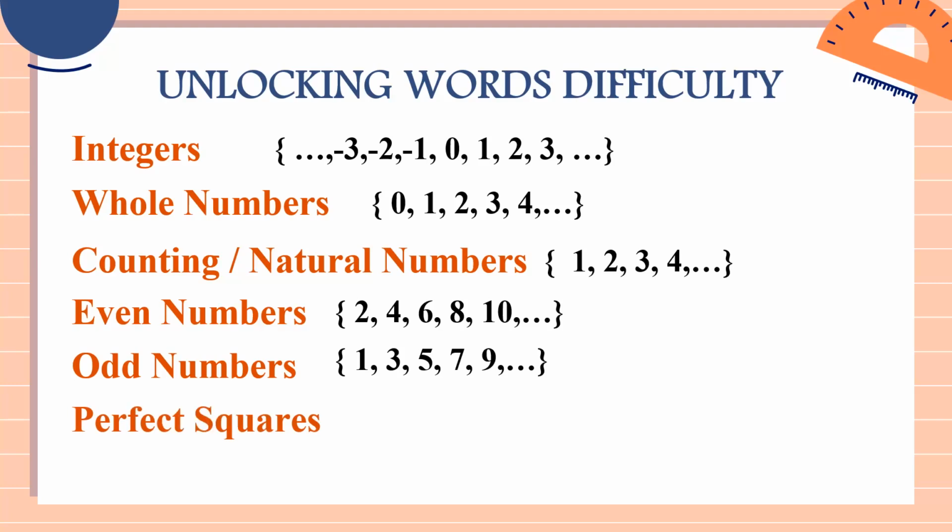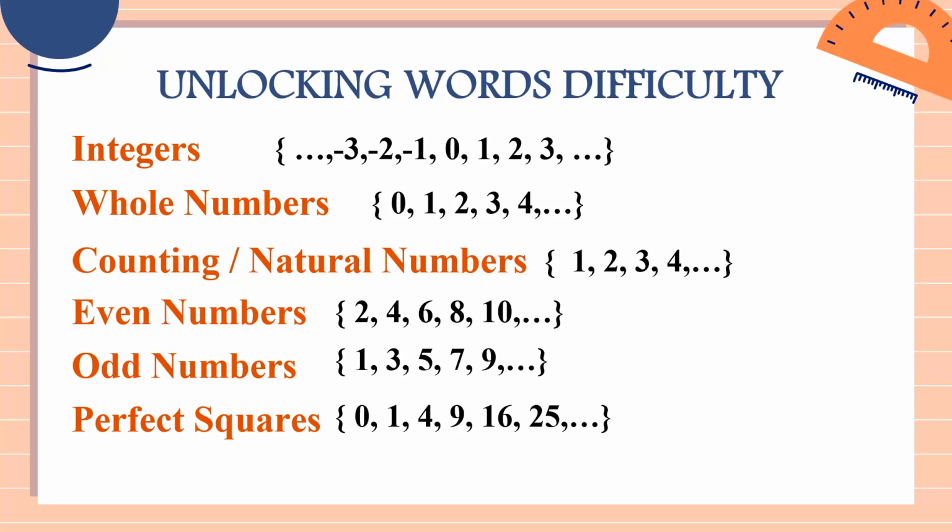And we also have perfect squares. And I'm sure, class, you're already done with this one because before going to set, you're done with perfect squares and then perfect cubes. So example for perfect squares, that would be 0, 1, 4, 9, 16, 25, and then so on and so forth. So after 25, that would be 36, and then 49, and then 64. Now we call these numbers perfect squares because this number is the answer when you multiply the same number by itself. Example, 0 is a perfect square because 0 times 0, that is 0. So 0 is the answer when you multiply 0 by itself.